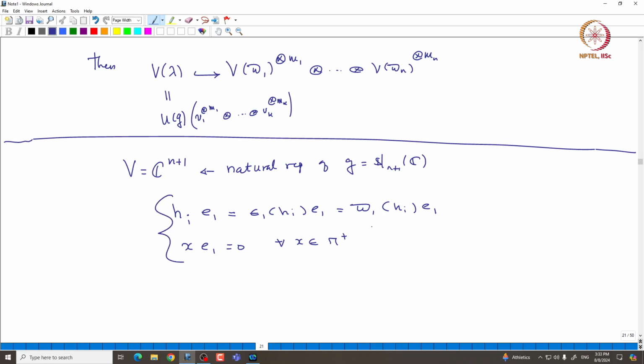So, this tells you that e_1 is indeed a highest weight vector in C^{n+1}, but we already verified that C^{n+1} is an irreducible representation. So, e_1 must generate C^{n+1}. This is the generator of C^{n+1}. So, that means this C^{n+1} corresponds to V of omega_1,